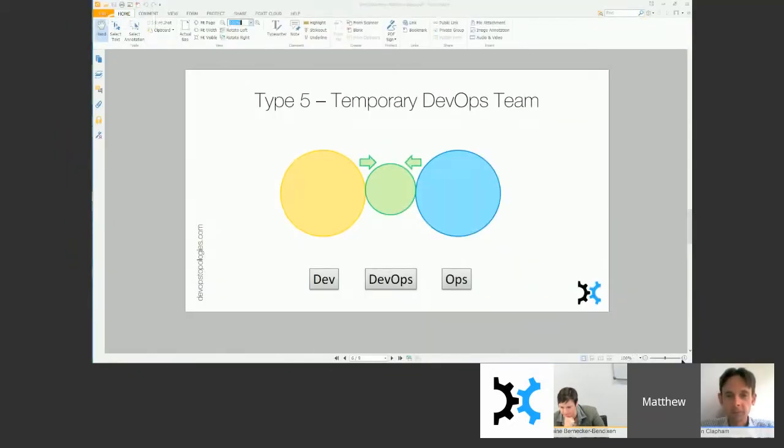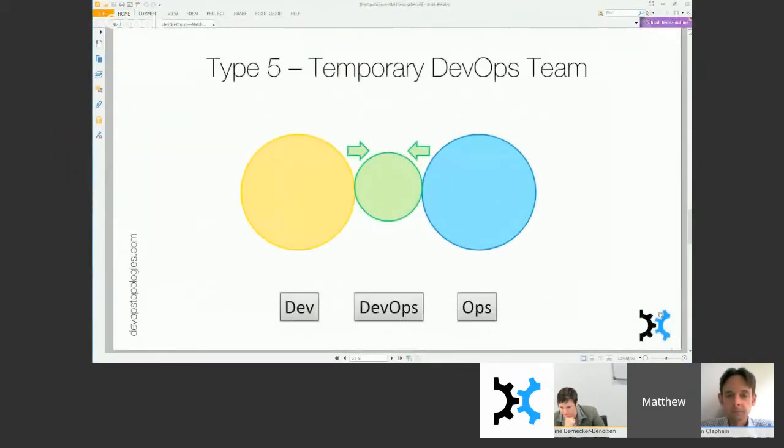So I think you should be able to see. Yes, we can see Type 5 Temporary DevOps Team. Okay, so it looks a bit like that. And so what they've done, it wasn't exactly like this, because they actually had two teams in the middle. But the effect was like this.